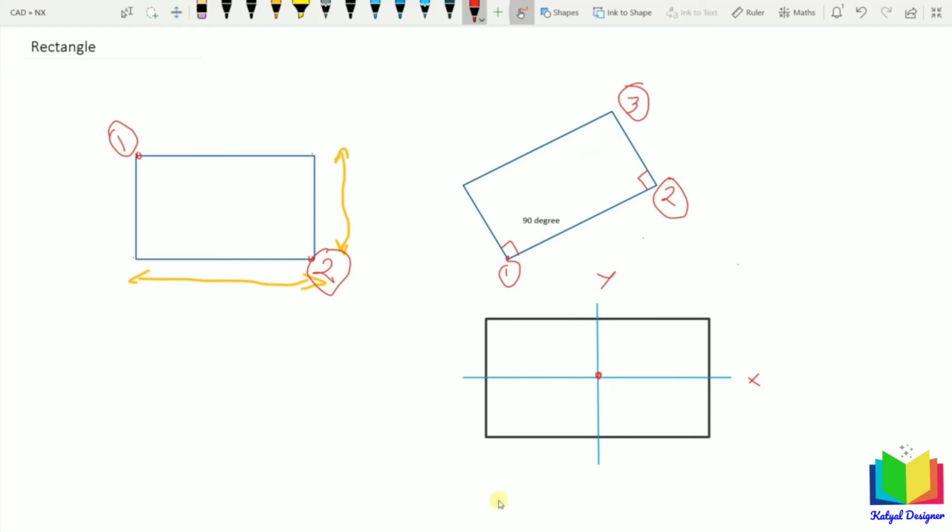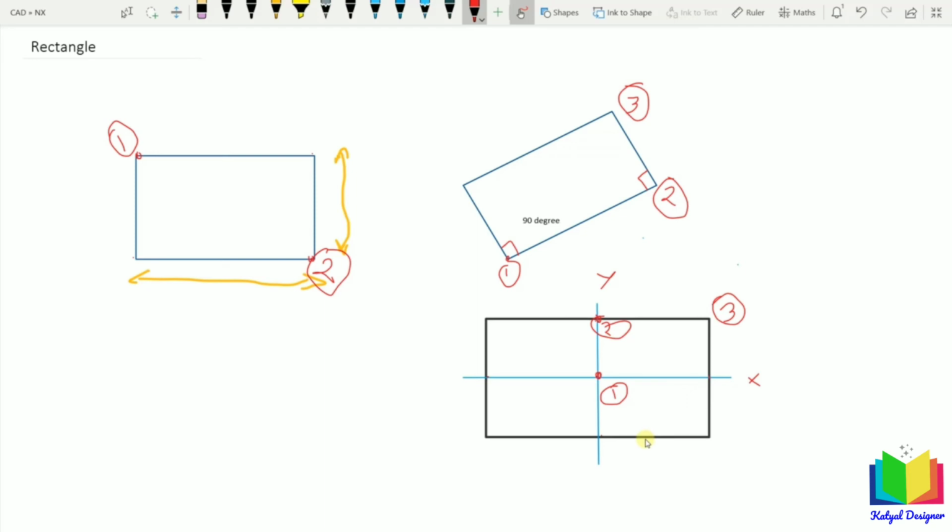Now when I select this type of rectangle, the center point of the rectangle will be the first point. So center point means this point will be the midpoint, this is midpoint, again this midpoint. So we can draw the line like this, horizontal line and vertical line represented by this blue color, and intersection of these lines will be the center of the rectangle. After that we need to specify the second point. So second point will always be this point. This vertical point will be the second point. After that this horizontal point will be the third point.